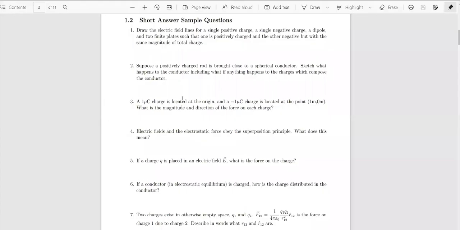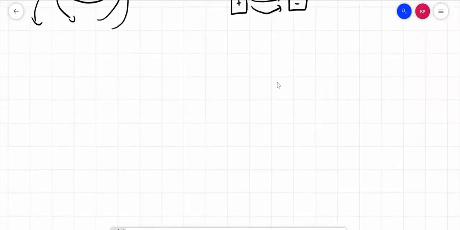All right. So suppose a positively charged rod is brought close to a spherical conductor. Sketch what happens to the conductor, including what, if anything, happens to the charges which compose the conductor. All right. So if we have a positively charged rod and we bring it close to a spherical conductor,